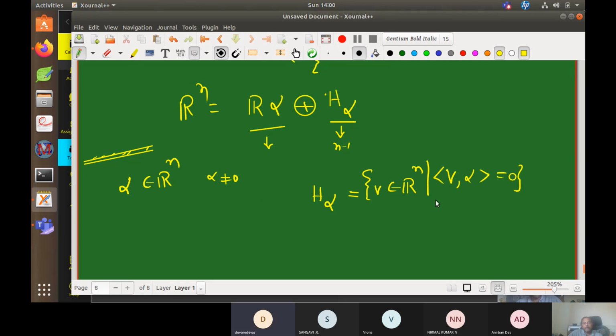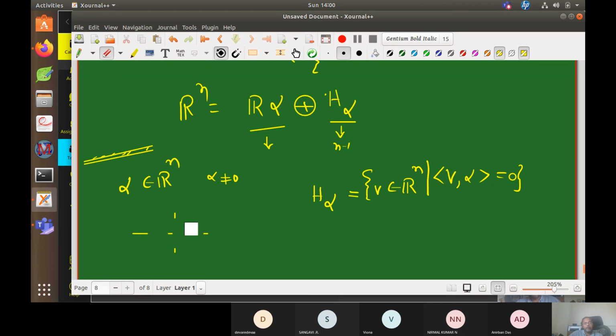Trace 0. Sorry, you are completely confused. Trace is nothing here. I thought alpha is still the all-ones vector. No, I am telling in general. Even then trace is not relevant. Actually, it is the inner product of v and alpha, all those vectors which are perpendicular to alpha, right? So I am taking that. If you want more clarity, take some vector like (1, 2), then the perpendicular to that vector is this.